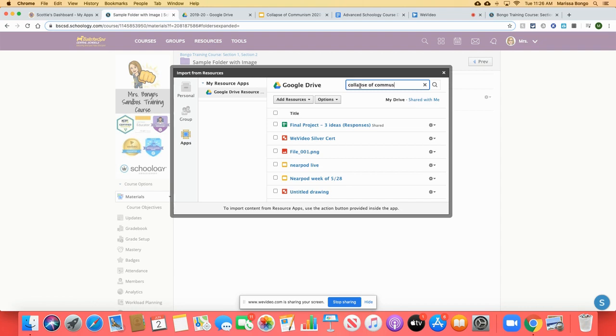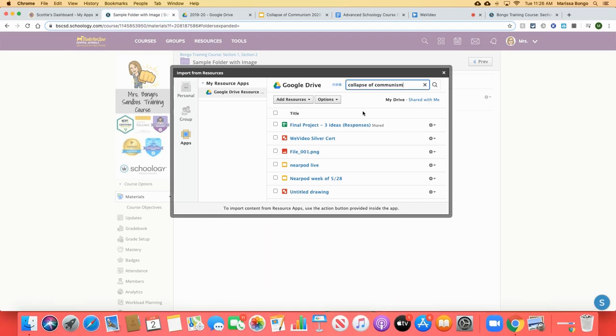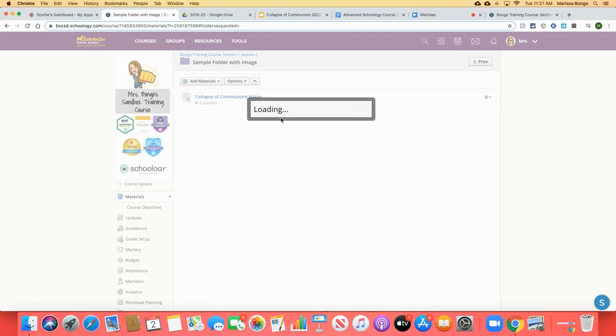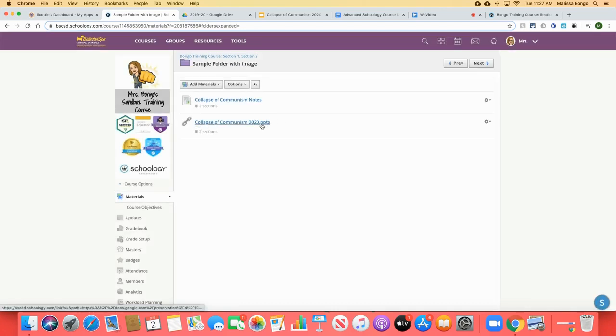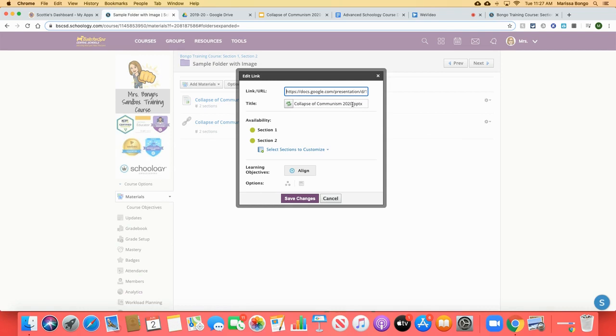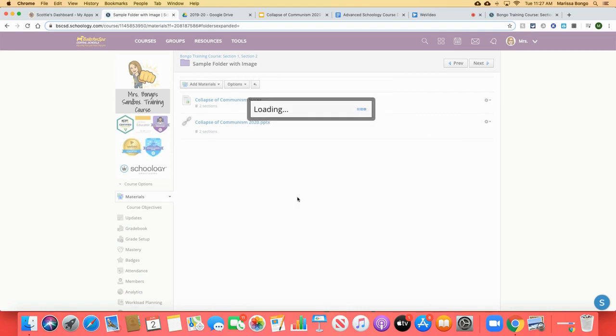I'm in my Google Drive resource app. I find my document and I'm going to import the link. As you'll see, it just says Collapse of Communism 2020.pptx. Well, it's not actually a PowerPoint presentation. It's a Google Slide presentation. So what I'm going to do is click the gear, and then click Edit. If I go to where it says .pptx and delete that, and then hit Save,